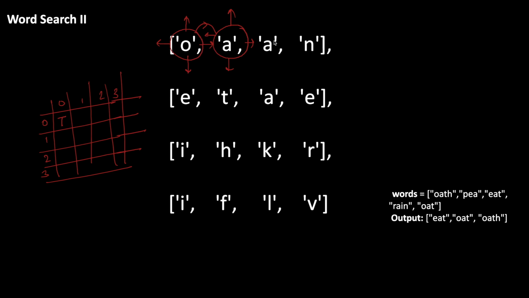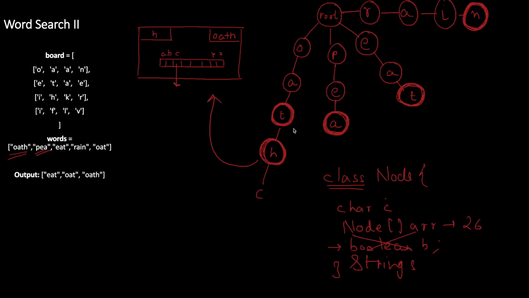Then we will visit the right, there is no T, then we will visit the bottom. So if you see, there is a T, so we will move over here, correct? And we will mark this cell as true, that is, we have visited this thing. Next, again, we will call the recursion on the four sides, and we are trying to find the next character. So if you see over here, we are trying to find H.